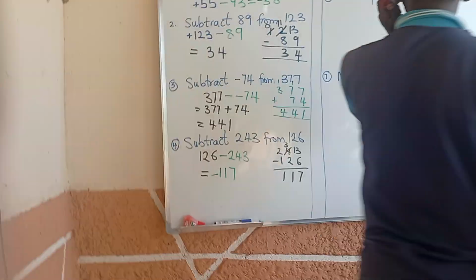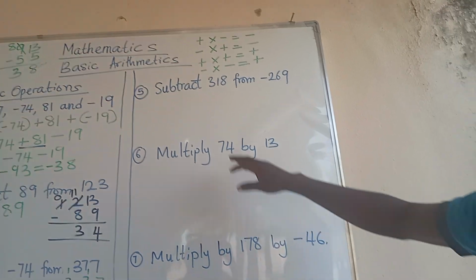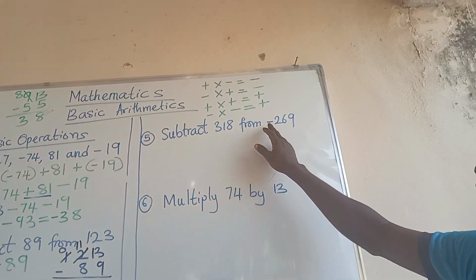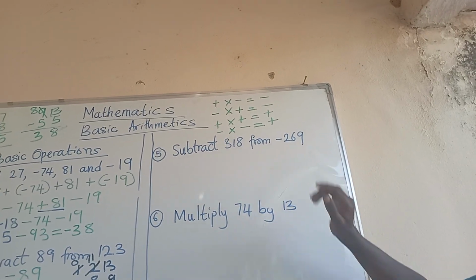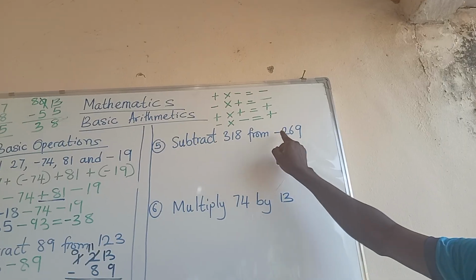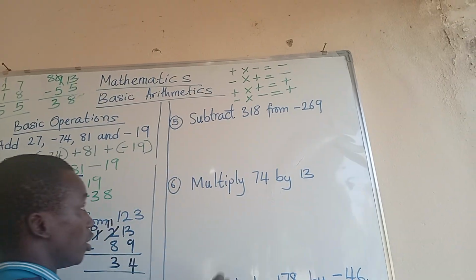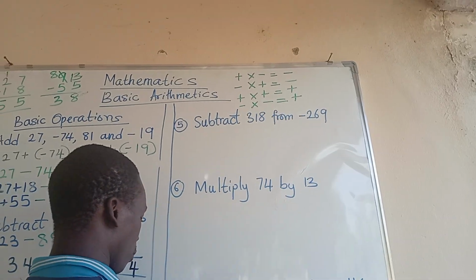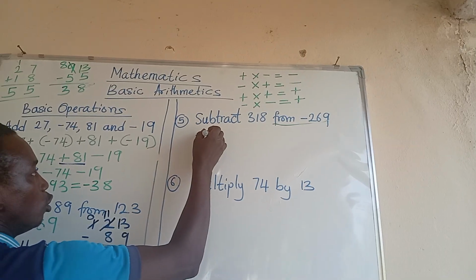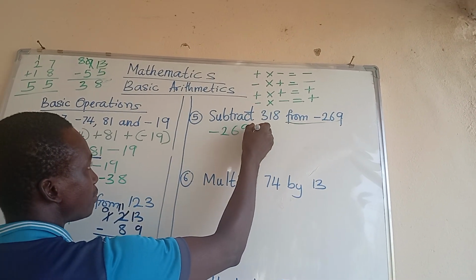Now, let's come to question number 5 here. In question number 5 here, we have subtract 318 from minus 269. So, in writing our expression, we'll write the number we are first subtracting from, which is minus 269. And what are we doing? We are subtracting. That is minus